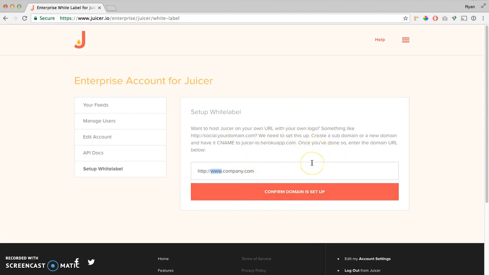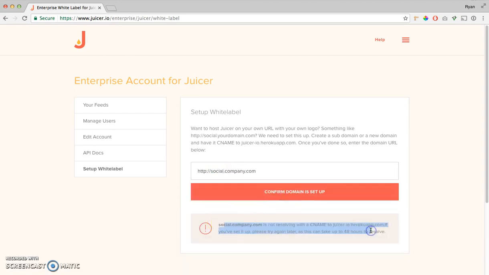And there's a few things to note when you have an enterprise account, when you have a white labeled account. Firstly, you can access the Juicer dashboard through either Juicer or through the URL that you have set up. So say it's social.company.com. You can set that up. And it's not going to work here because that's broken, because I haven't set that up and I don't own company.com. But if you have white label set up, this screen will change and it'll give you a little bit more info. But there's a few things to note. And one thing is that when you go back here,